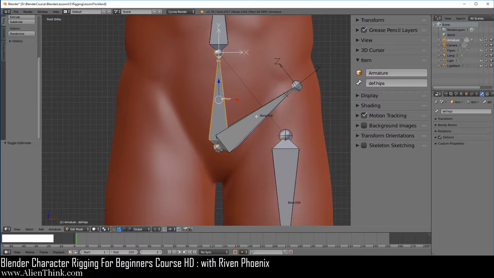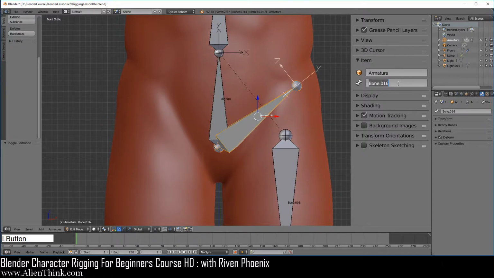Okay, so for this bone, because this is a special fixed bone, here we're going to click on this and just call it def.hips.fix.L, enter.